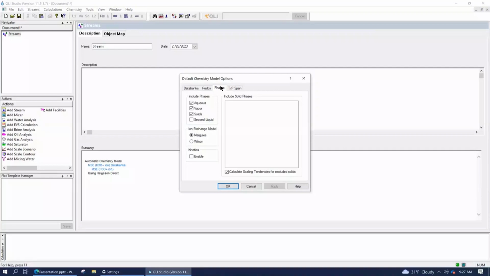Or taking a more interesting one, let's say you've got a sulfide in the system, a sour system. And so there are about 5 different phases of iron sulfide that can precipitate, anywhere from amorphous iron sulfide to mackinawite to marcasite to pyrrhotite to greigite, etc. And so you may choose, or you may know in your process which one is actually the one that forms, even though that one may not be the most thermodynamically stable. So you would turn off the others in order to make sure that that one forms in your process. Kind of like being omniscient, all powerful. Right, you can determine for nature what solids are forming there.